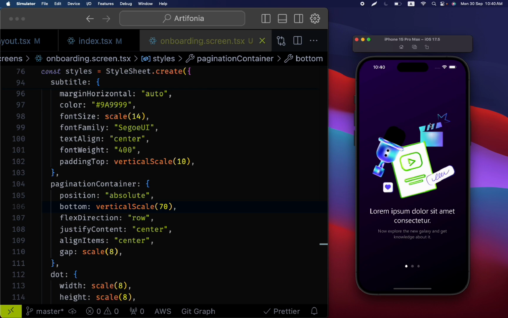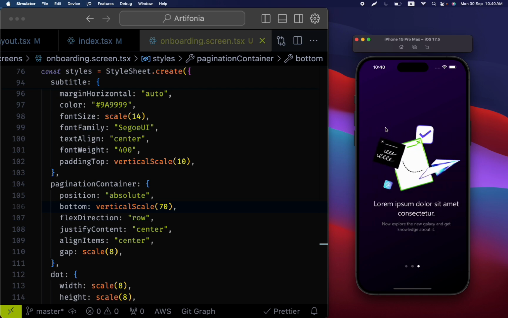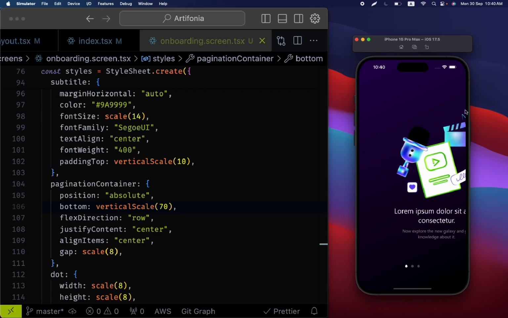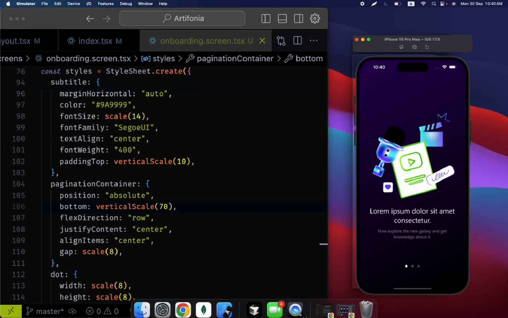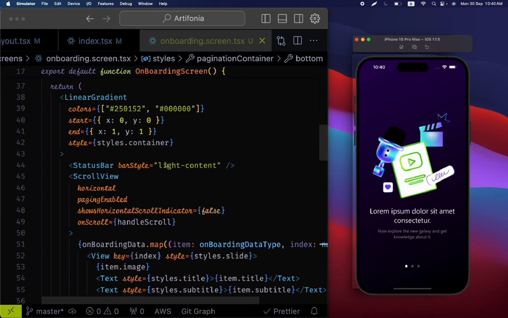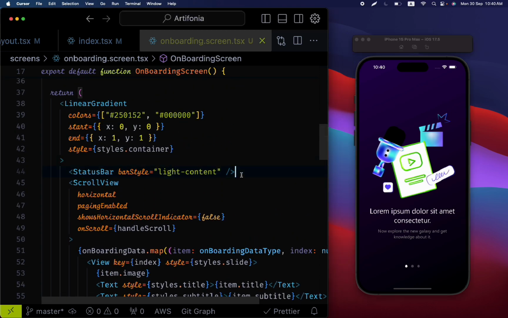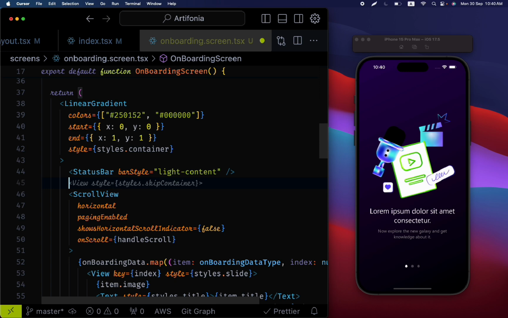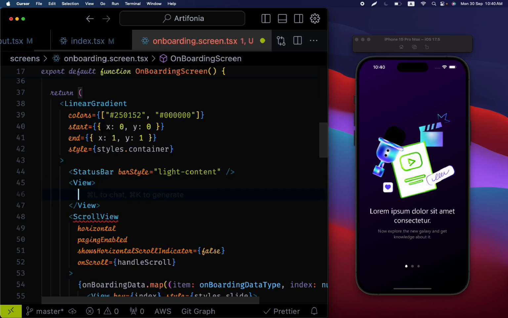Okay, for the first one skip, for the second one skip, for the last one continue. Okay, so we have to make this button. So how can we do that? Very simple. Come back here. After this status bar we can make it. So we can write a view, we can write styles dot skip container,